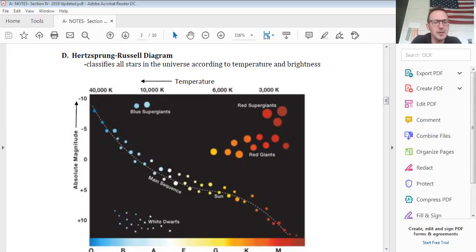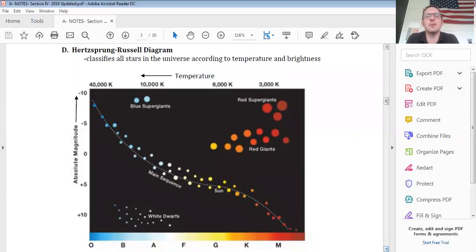This is probably the most awesome diagram in all of astronomy. It is called the Hertzsprung-Russell diagram. So this was actually invented, well, not discovered, invented by 2 different astronomers. One was named Hertzsprung, one was named Russell. They both happen to be working on the same concept at the same time. And this is kind of cool because rather than just trying to snake each other for credit, which happens way more in the scientific community than you'd think, they both corresponded with each other and said, hey, why don't we just share this idea, which hardly ever happens. And so this became known as the Hertzsprung-Russell or the HR diagram.